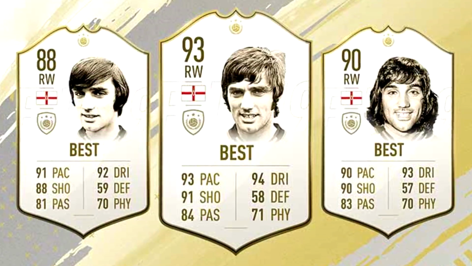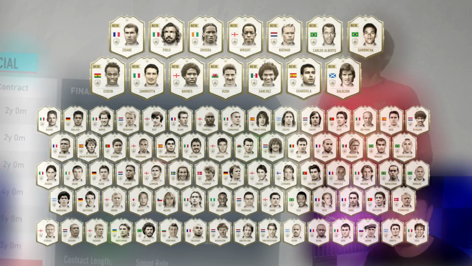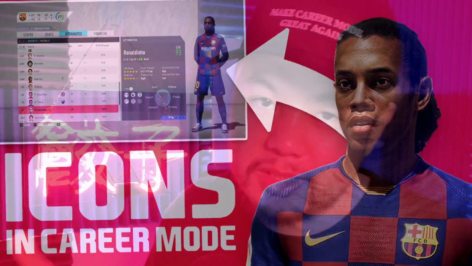As promised, yes, I'm going to show you how you can play with all of the icons. Yes, the babies, the mids, the primes, all of them. Every single icon that is available in Ultimate Team, you're going to be able to use in FIFA 20 career mode with this mod. And in this video, I'm going to showcase to you how they would fit into career mode, but to showcase them working and in action at the very end of this video, I have a little